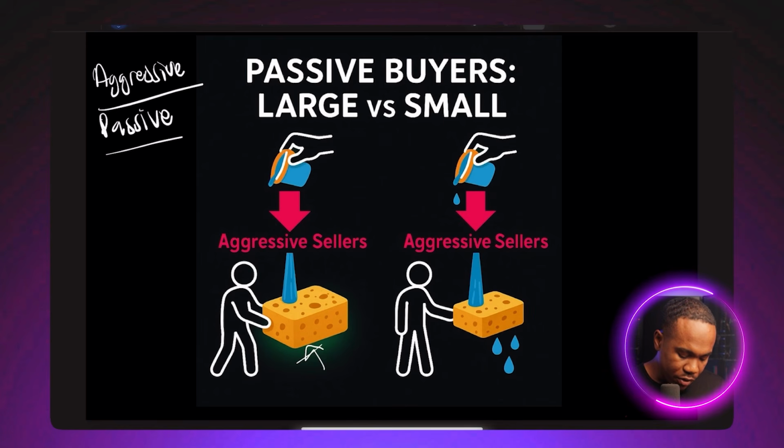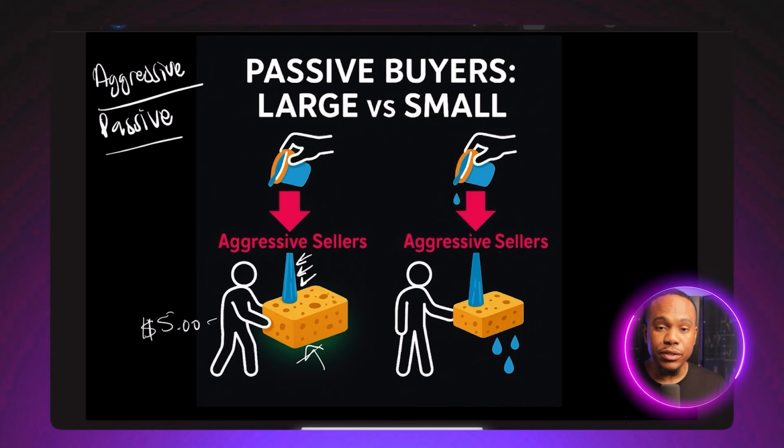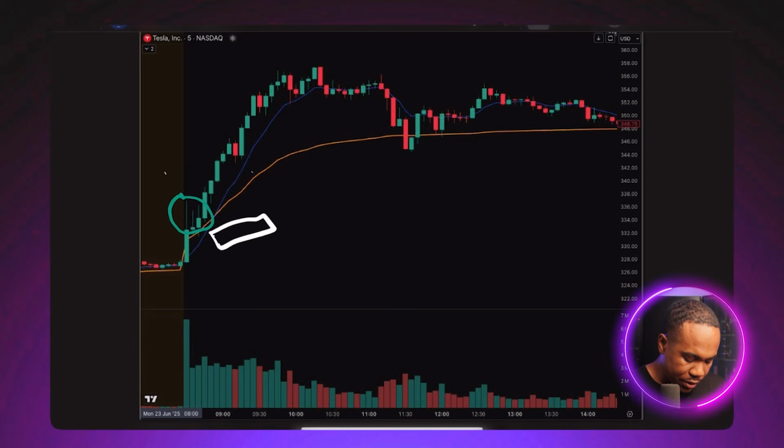So let's say you have an aggressive seller, and the aggressive sellers are like pouring water. They're trying to get rid of their contracts, trying to get rid of their shares. They're selling to the buyers that are passive, that have limit orders. So the aggressive sellers are pouring their contracts, and this buyer is sitting there, let's say at $5, and they aren't doing anything. They're just sitting there with a limit order, and they are soaking up all of the shares. So in this example that I gave you here, there may be a passive buyer sitting there, and these wicks that you see may be aggressive sellers.